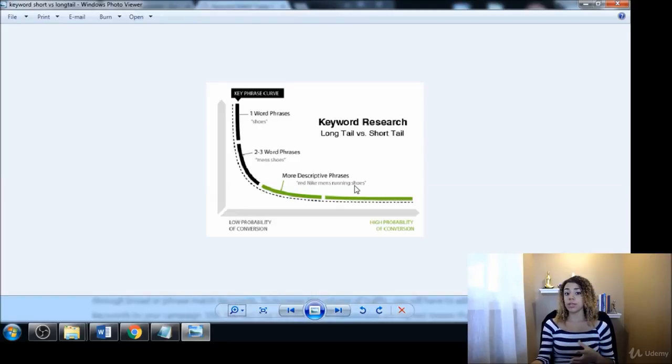Now, as you dive more into the research, you will see terms like men's running shoes, Nike red. That's sort of a weird term, because obviously we know that people may be searching that because they want to find those results, but it's very hard for us to use that in a way that would make sense in our content. Now, it's not impossible. There are creative ways that you can still use those terms.